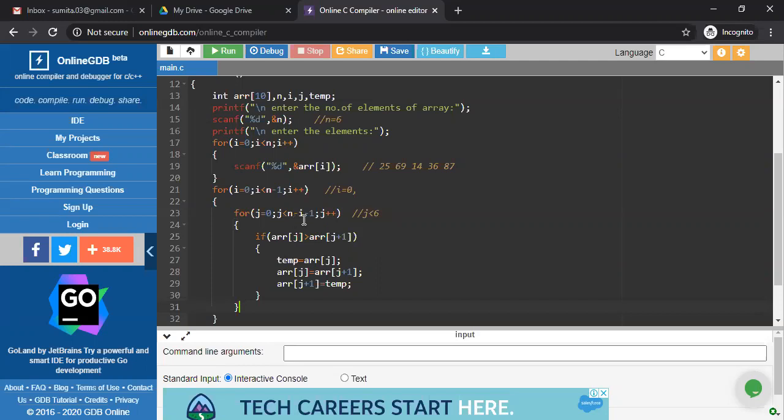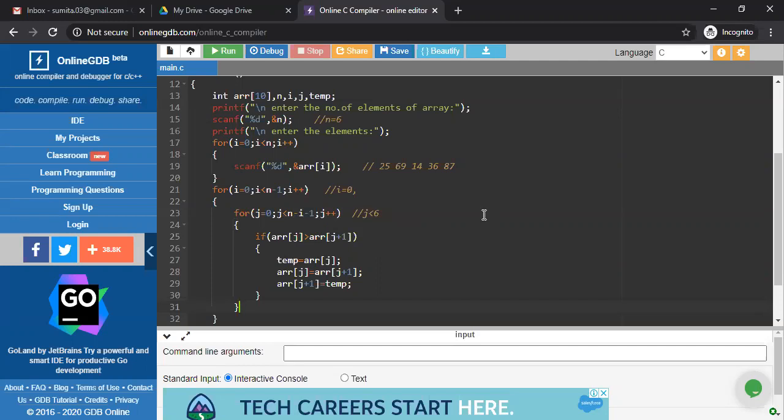So less than 6 means 0, 1, 2, 3, 4 and 5. Is it okay to everyone? So in pass number 1, you require 5 comparisons.